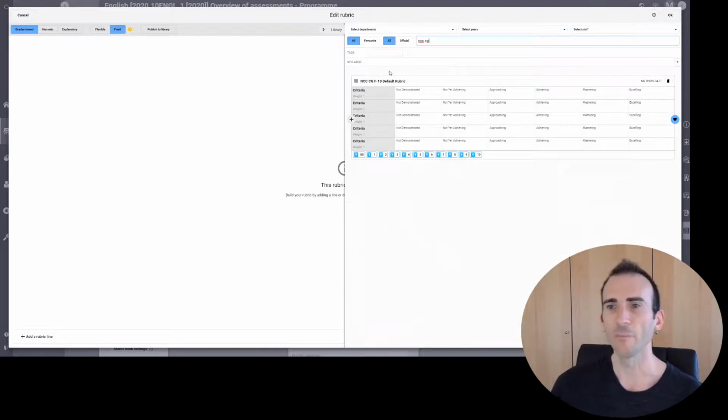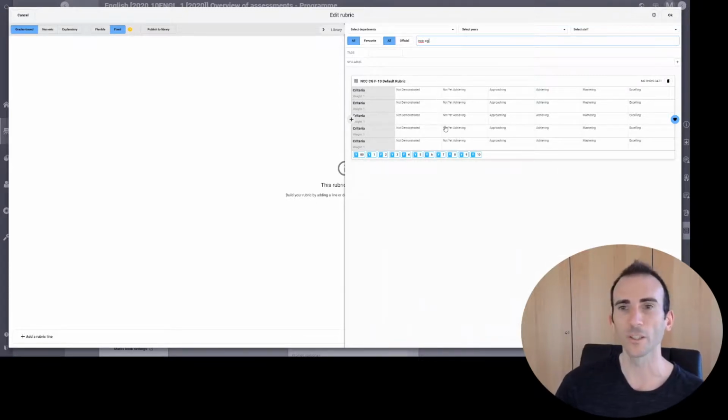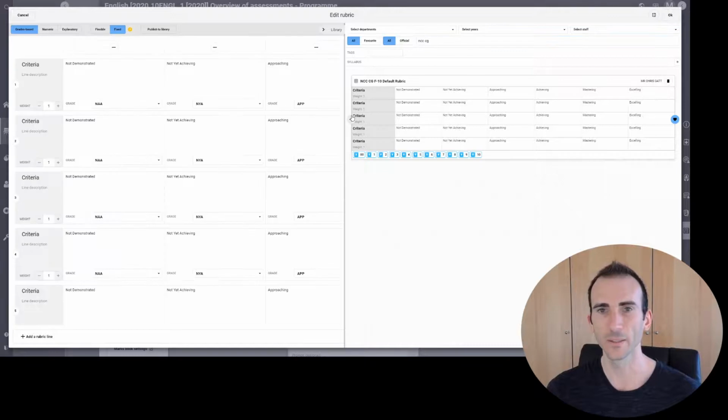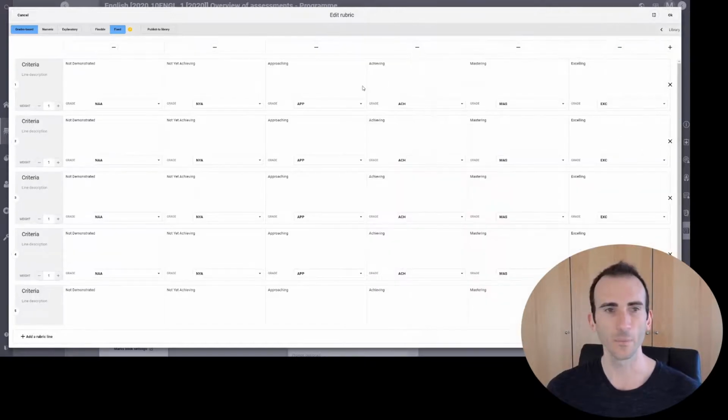And here we go. I've made a default rubric, so you can save a bunch of copying and pasting by using this one. You can also hit the love heart icon, so it'll be favorited and you'll be able to find it more easily. So if you want, you can just grab this, press the plus, and let's close the library. And there it is. It's brought in a sort of filled in rubric with all the levels with those keywords already pasted in, just to save you